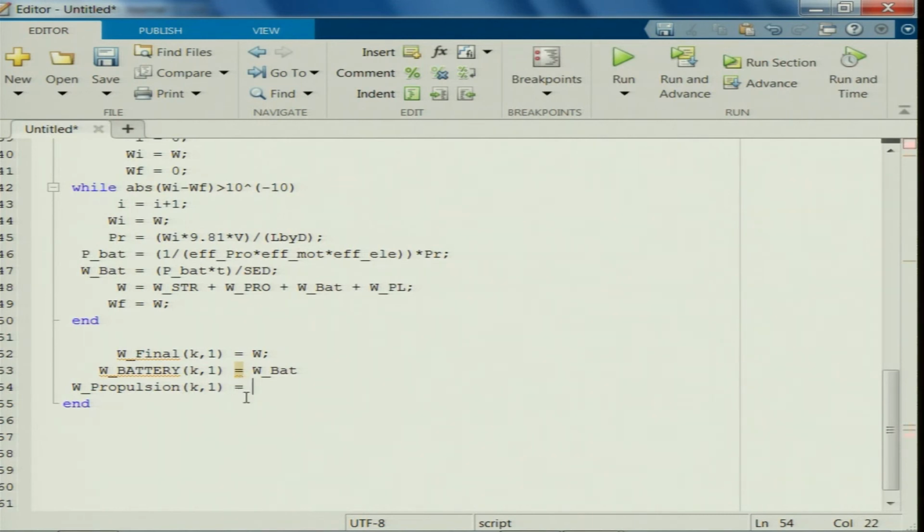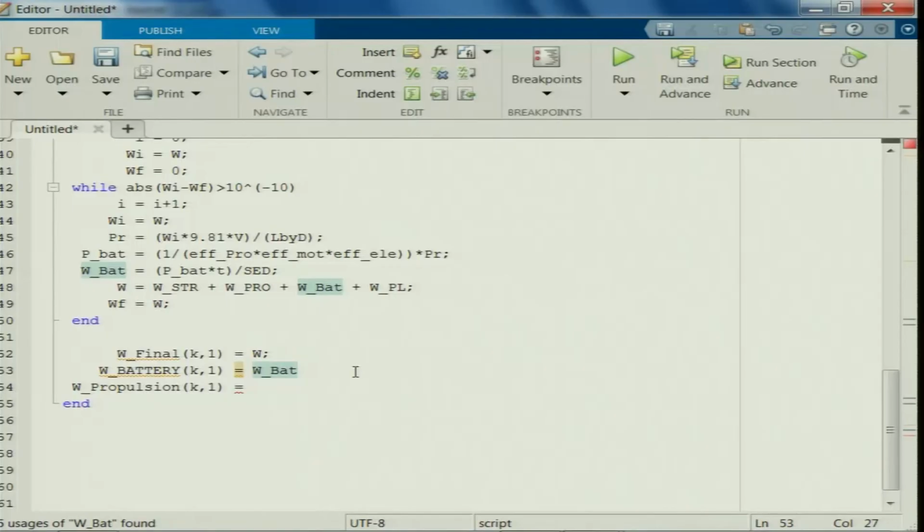You can again come back to this loop and iterate this and finalize the battery, because in that case more or less you have another fixed variable here, is it not? The same motor which can deliver 23 k, say a jet engine, or a small brushless motor which can generate 10 kgs of thrust can also generate 5 kgs of thrust, right, the same motor. So, yeah, with that understanding we are not upgrading the structural weight and propulsion weight inside the loop itself. So, this is the battery weight that we are storing, and then the propulsion weight is W pro.